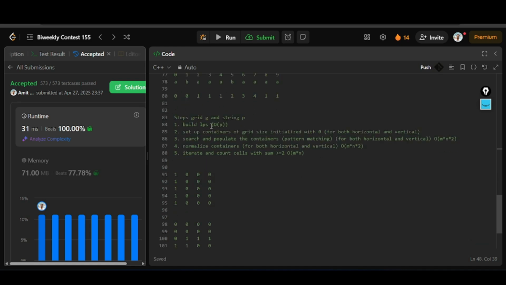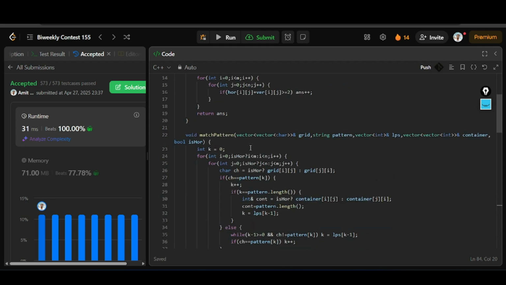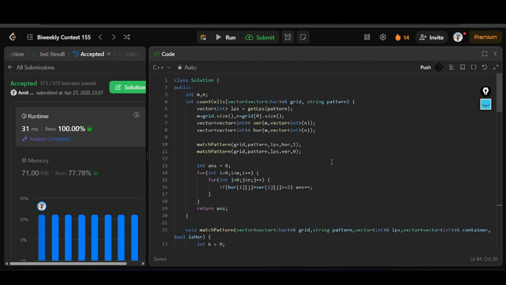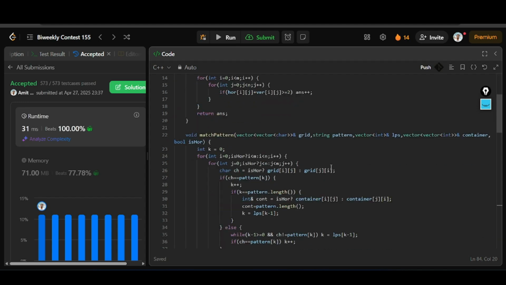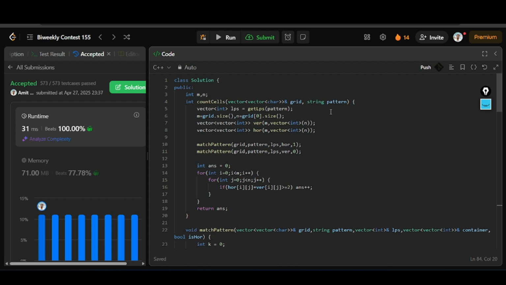Time complexity we have already discussed. So this is the generalized approach, which was a little weird. I guess we can solve it in a different way, even using KMP. But this is what came to my mind. I guess rolling hash could also be an approach that might require less code. We can think of that approach, as well as the Z algorithm also makes sense here. So yeah,